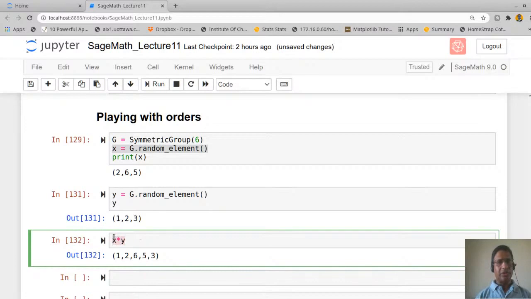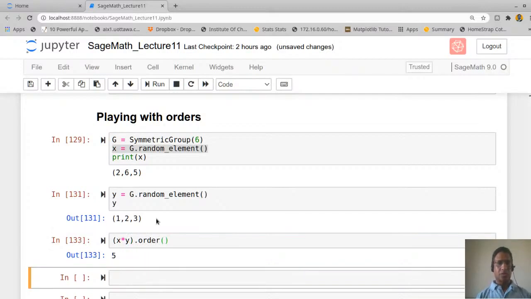Now, in this case the order of X is 3, and the order of Y is also 3. So let us see the order of X into Y. We already know from this that the order of X into Y in this case is 5, whereas the order of X is 3 and the order of Y is also 3.